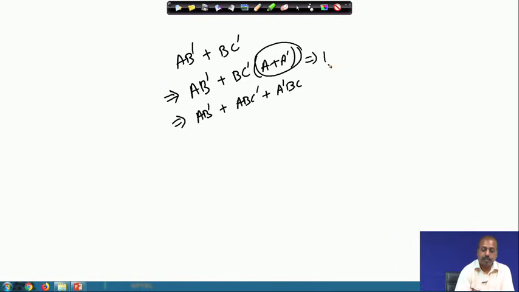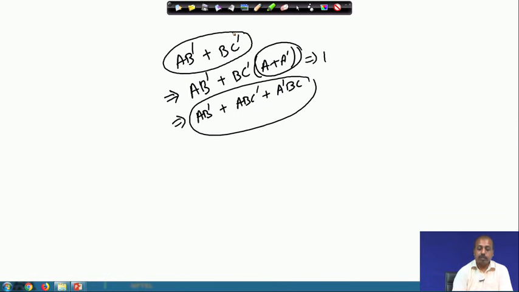You see, this is also sum of product form, and this is also sum of product form. The problem with these forms is that one of them may be some sort of minimum form, and the other one is not that minimized. It has got 3 terms in it, and the first one has got 2 terms. So, it is not mandatory that the minimized form will be unique. That is the problem with Boolean expressions. The minimum expression may not be unique; there may be multiple expressions with similar cost in terms of number of product terms and number of variables.